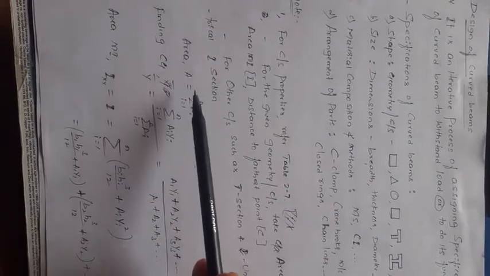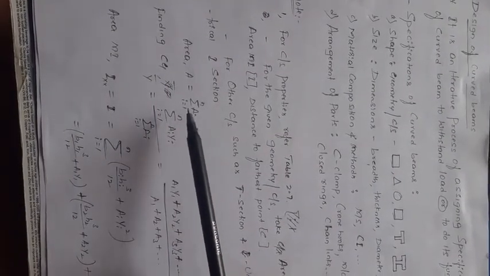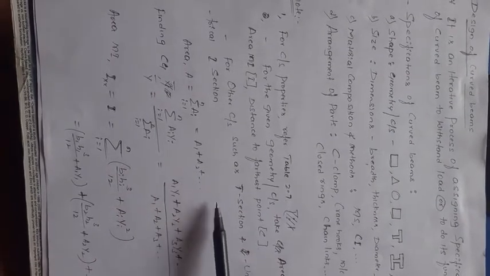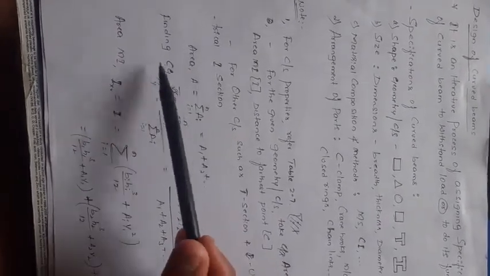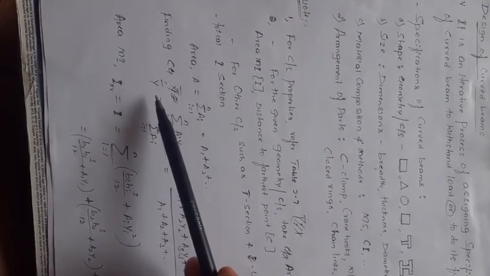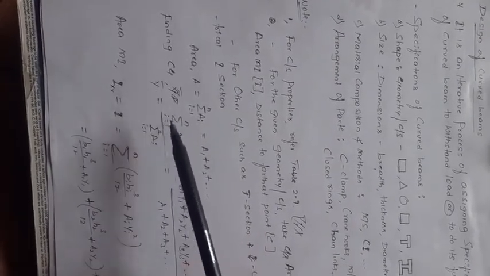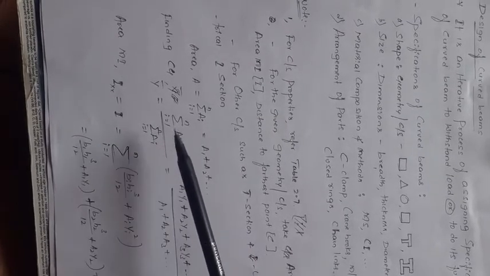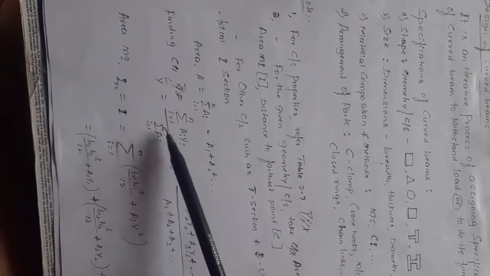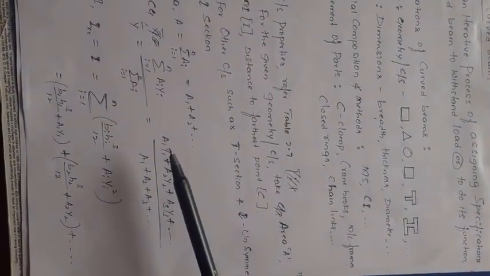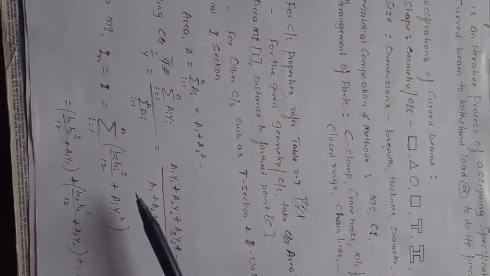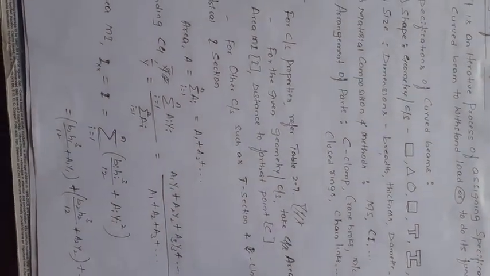How do you get area? Area is equal to the summation of Ai, where i varies from 1 to n blocks, that is A1 plus A2 plus A3. Then finding CG, how do you find the center of gravity or center of geometry of the cross section? From the x-axis, y bar is equal to the summation of Ai yi, where i varies from 1 to n, whole divided by the summation of Ai, i varies from 1 to n. These are the formulas we use, right? A1 y1 plus A2 y2 plus A3 y3 etc. divided by A1 plus A2 plus A3 up to An.